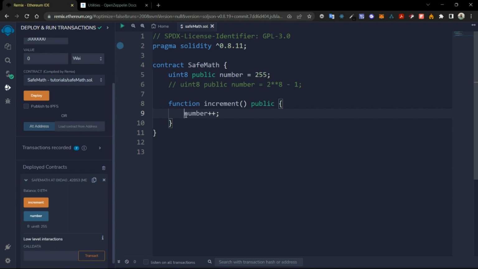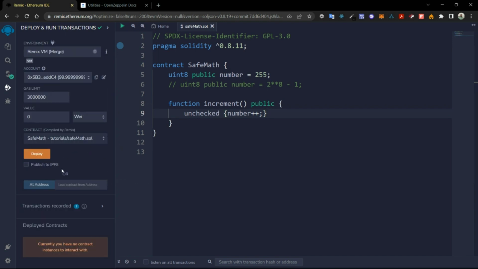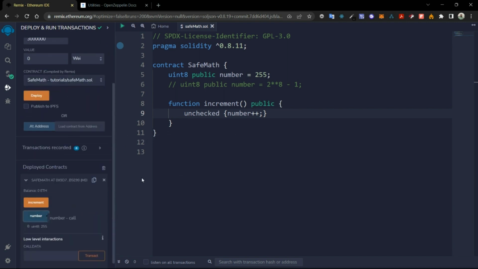So if I wrap it in this unchecked, it will allow that overflow to happen, right? Number 255, increment, number 0. Even though we are in